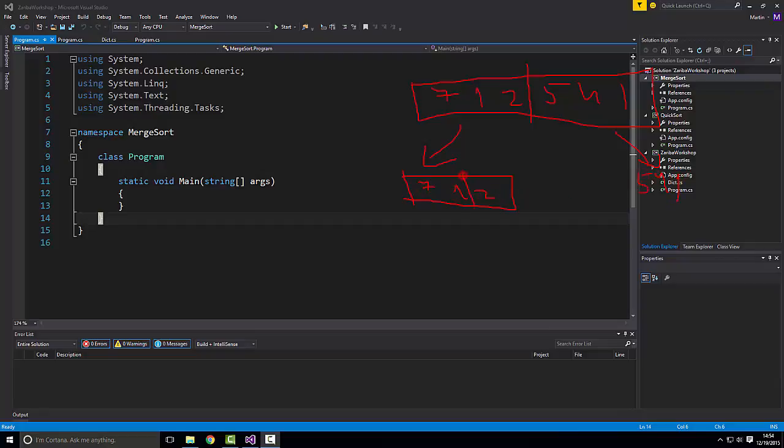We split that as well. So 7, 1, 2, and 5, 4, 1. And then we split these as well. So this is going to be 7, 1. We'll have 2, we'll have 5, we have 4, we have 1. Okay, and we end up with arrays of size 1, which are sorted between themselves. So each array of size 1 is sorted, and the idea behind this algorithm is that it's very,